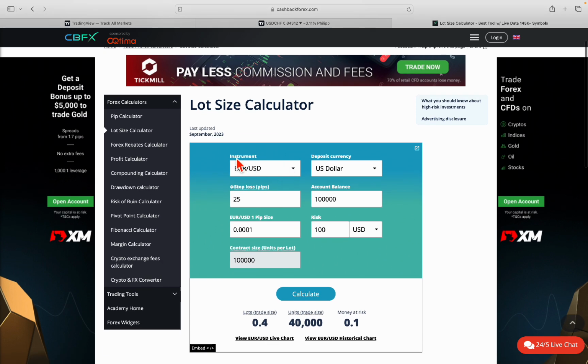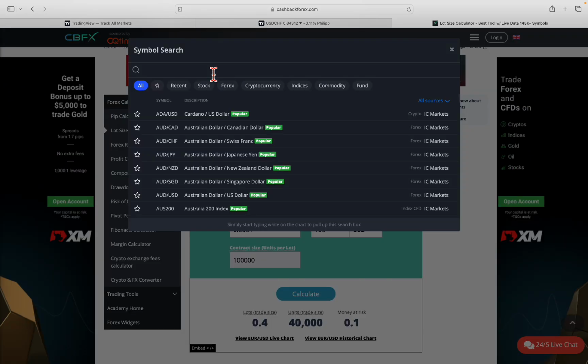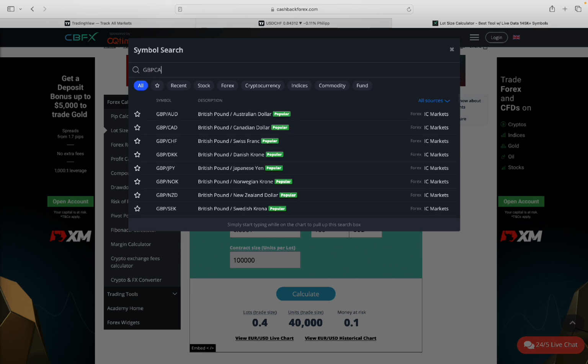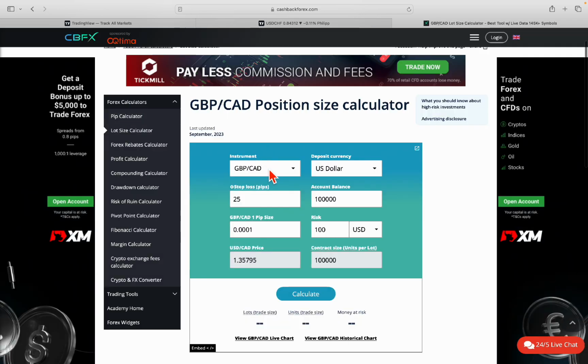So from here, the instrument is the currency pair you're going to trade. Maybe you want to take a trade on GBP/CAD. So this is the GBP/CAD, and here is the stop loss. That is from the entry to the stop loss, the number of pips between them. You put it here. You can also change it to